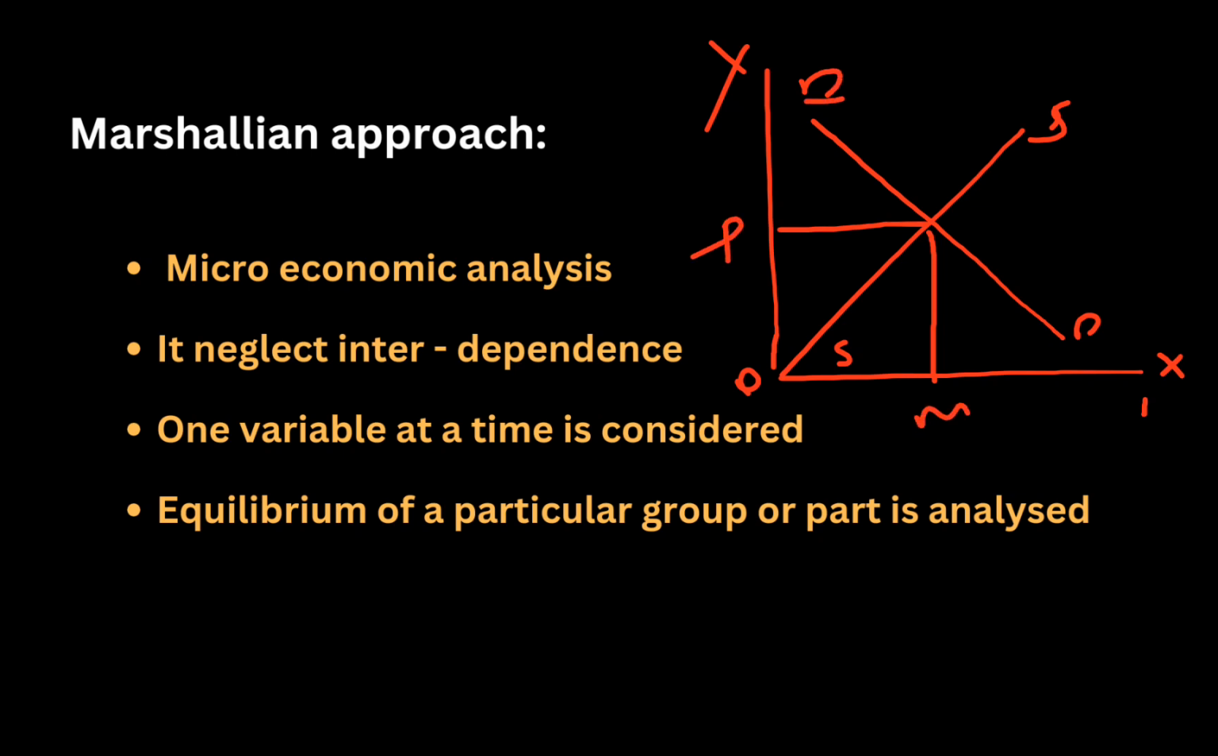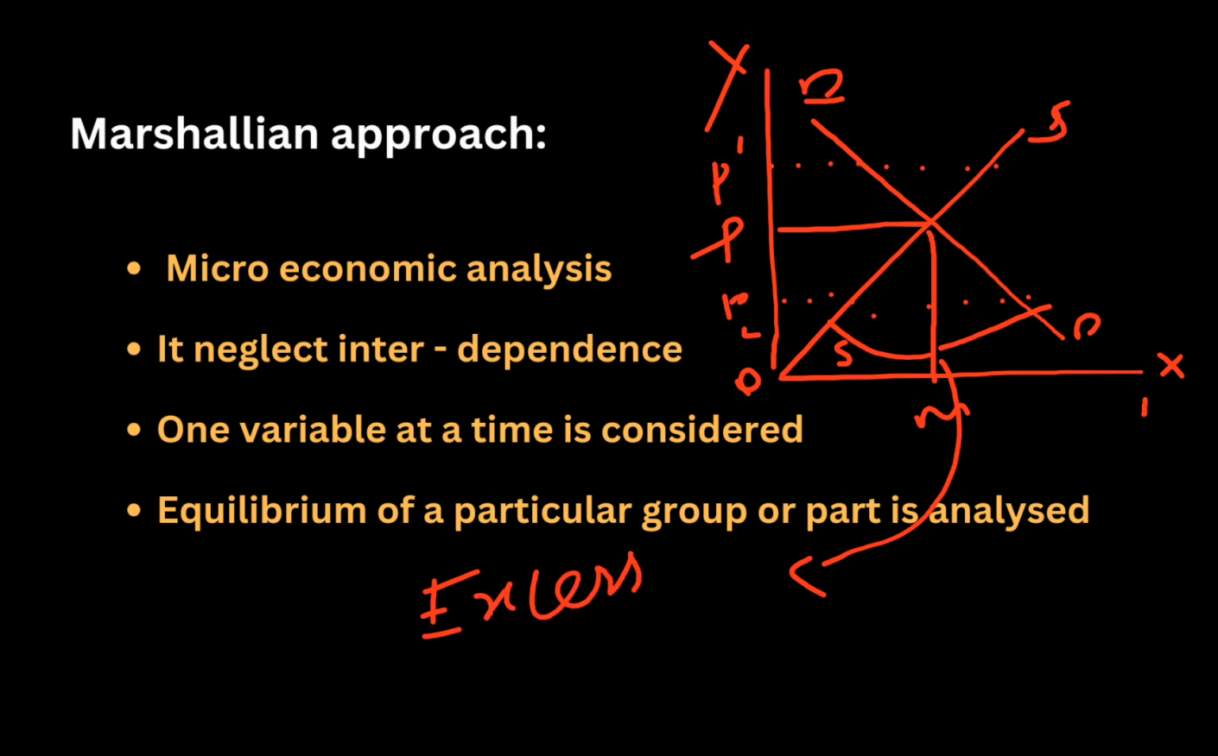If price goes from P to P1, there emerges a new graph. Here the demand is low, the supply is high at this point. If price goes below to P2, the supply is low, the demand is high. This point is known as excess demand. This particular point is known as excess supply,